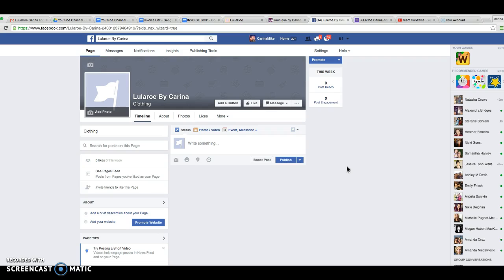So you are going to notice over time that people will start coming into your group, they'll start liking your business page, etc. But you really have to work it in the beginning. You have to share it. You have to post it on your Facebook wall. You should post it in your group, have people like it. Do an incentive surrounded by sharing your business page. So for every person that shares your business page link on their profile, they'll go into an entry for a legging giveaway. Something fun, something to get it out there. So pretty much that's it.